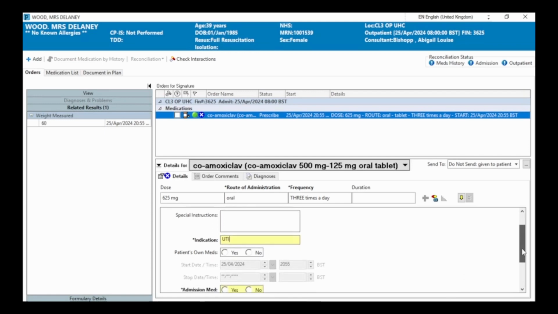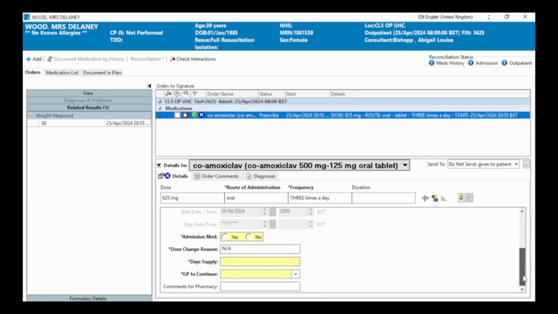You can scroll down to ensure that there is no other information that needs to be completed. This blue circle with the white cross will remain there until all information has been completed. That is mandatory. You can then select the sign button in the bottom right corner,